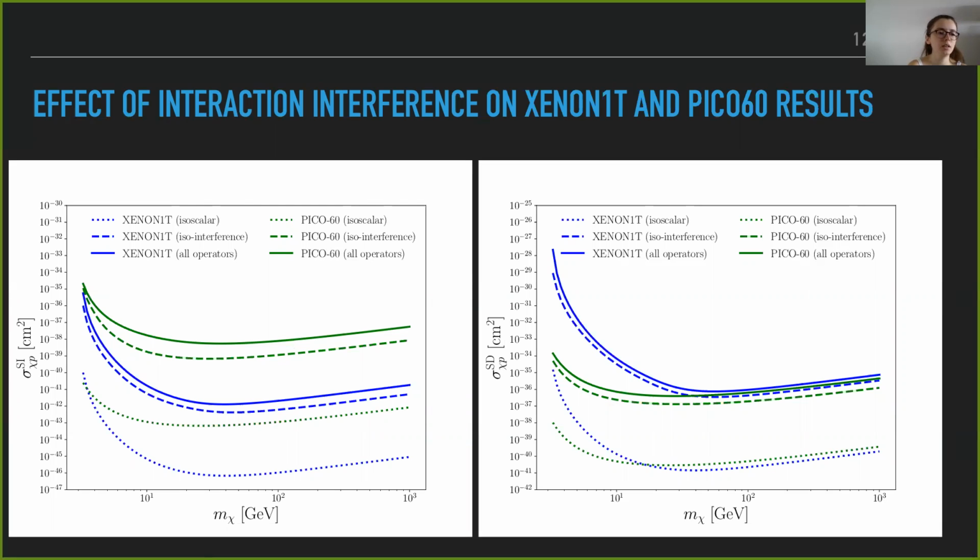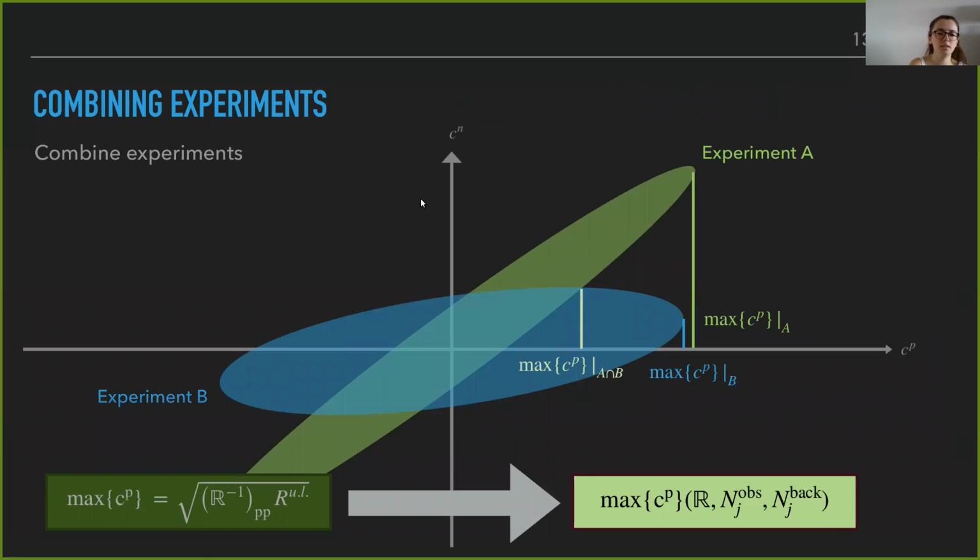So far, you have seen limits provided from only one experiment at a time. But after that, we asked ourselves another follow-up question, namely if we can find something interesting if we combine experiments. And to answer this question, we check this ellipse plot. Again, we have the axes Cp and Cn, but now we have 2 ellipses, meaning 2 experiments. In green, we have experiment A, and in blue, we have experiment B. The most conservative upper limit for A is here, and for B, it is here.